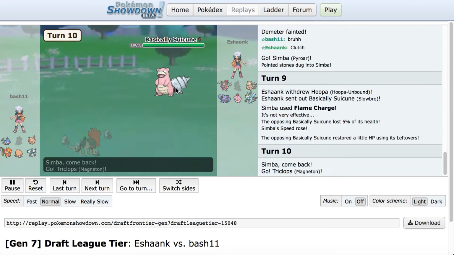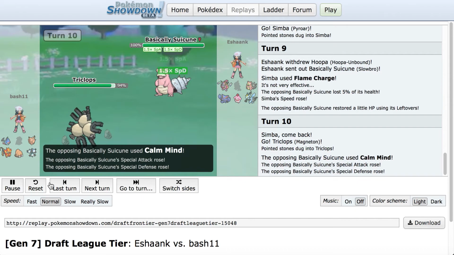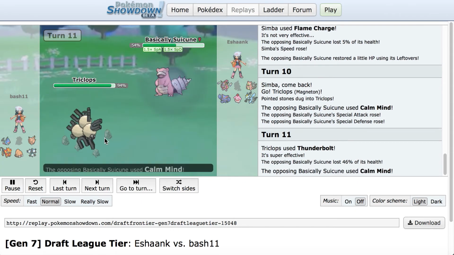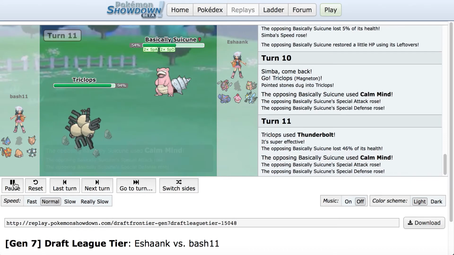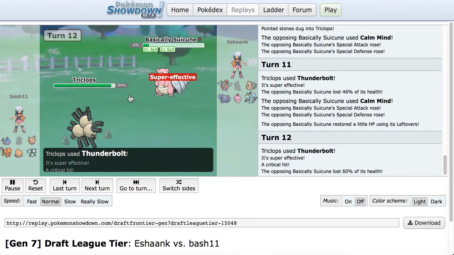He's going to show Leftovers. I'm going to make the hard switch out into Magneton, and I'm going to go for a Thunderbolt here. He's going to go for the Calm Mind, which is kind of annoying, but I'm going to get off a decent amount. He's going to go for another Calm Mind, and here's the thing. I'm unaware of Swoobat, so this doesn't really matter as much as if you think it is, as I'm going